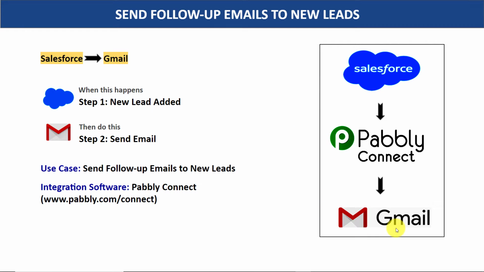So here you have two choices. The first choice is to copy all the details of John from Salesforce, sort it out and manually send an email via Gmail. The problem with this approach is it's very repetitive and tiresome. So I would suggest that you bring in some automation so that whenever a new lead is added in Salesforce, it will automatically send an email.